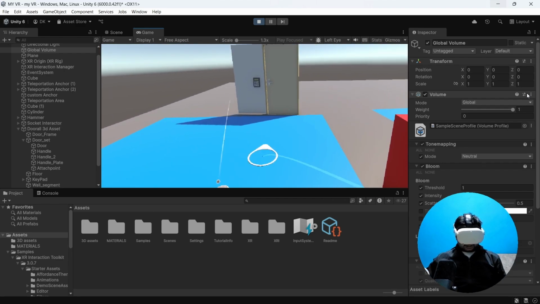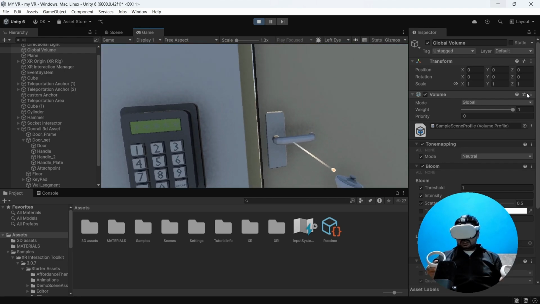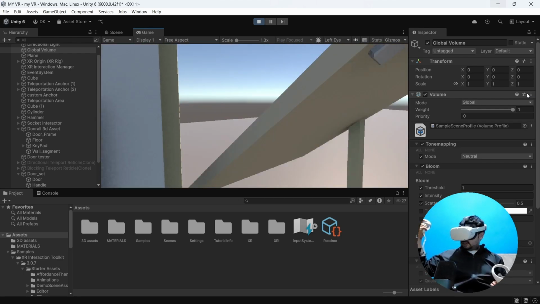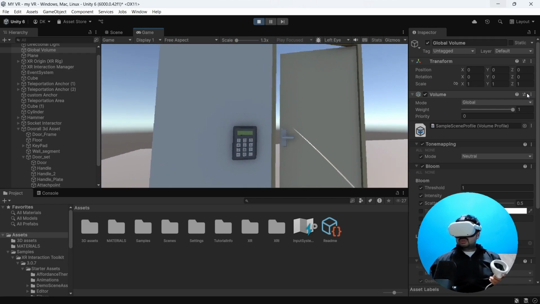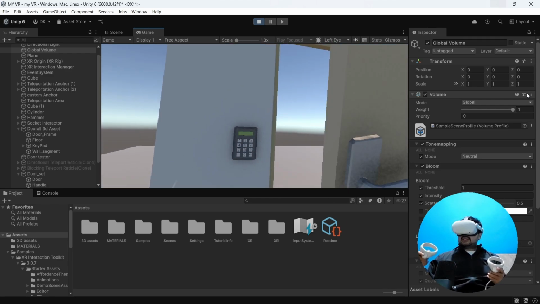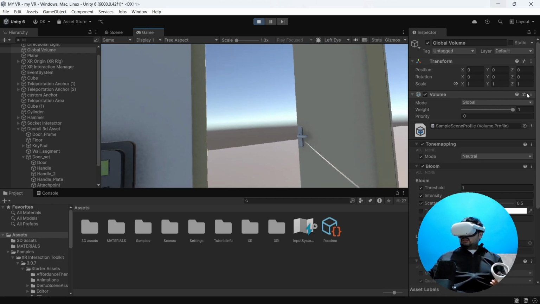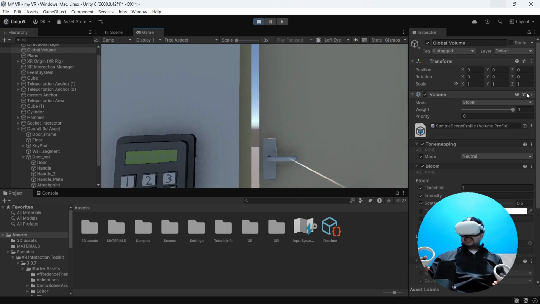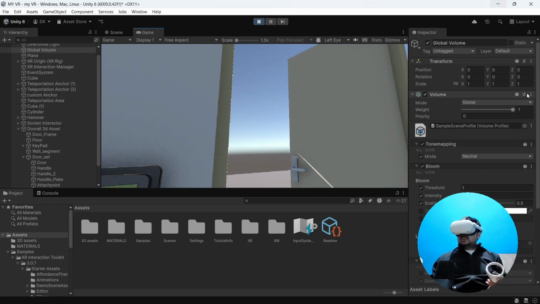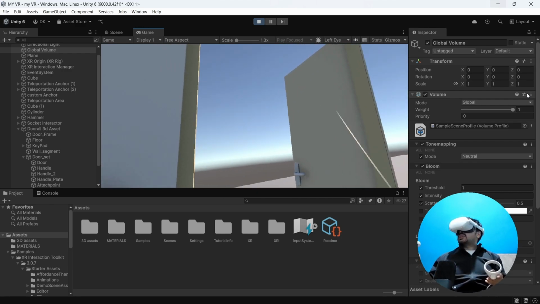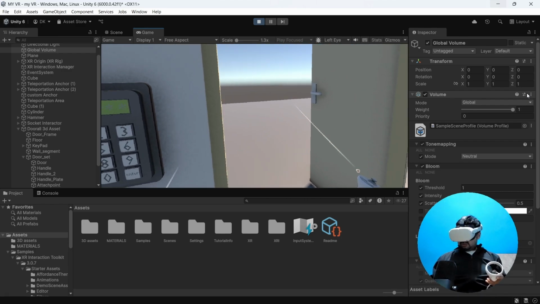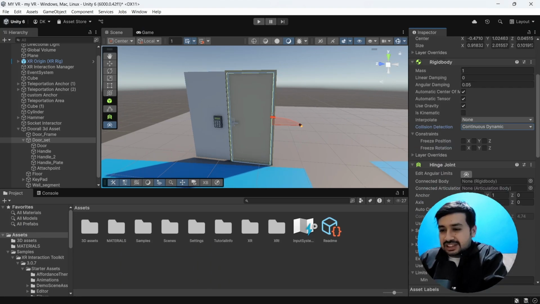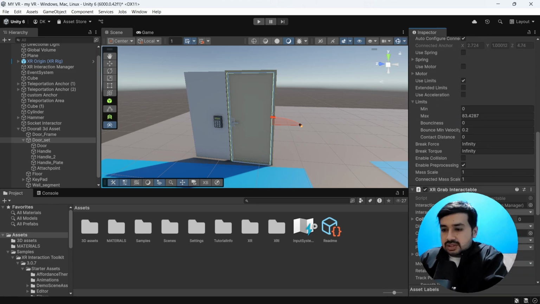And we are attaching directly to our hand. We don't want to grab our door like this. I would like to challenge you when this is happening by pausing this. I hope you have solved the problem, but if you haven't, you don't need to worry. You just want to change this,